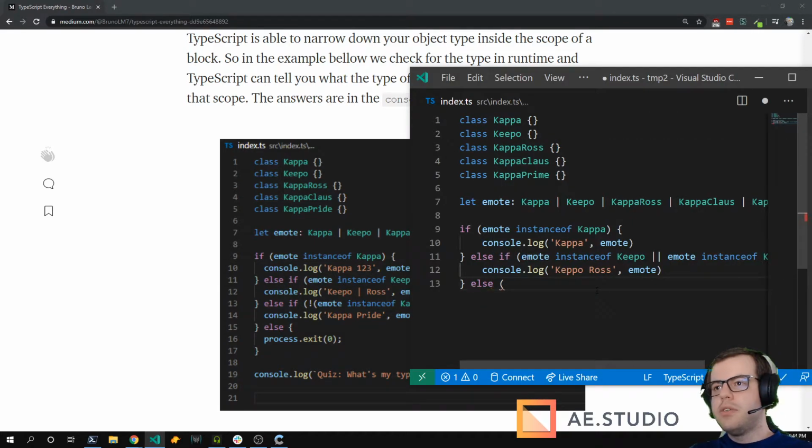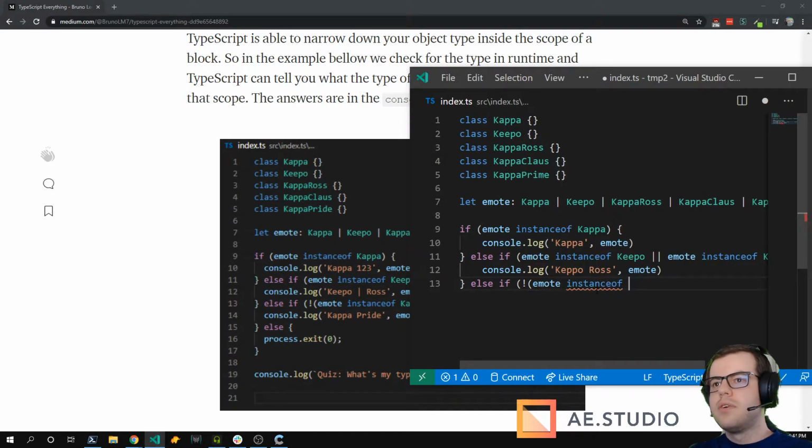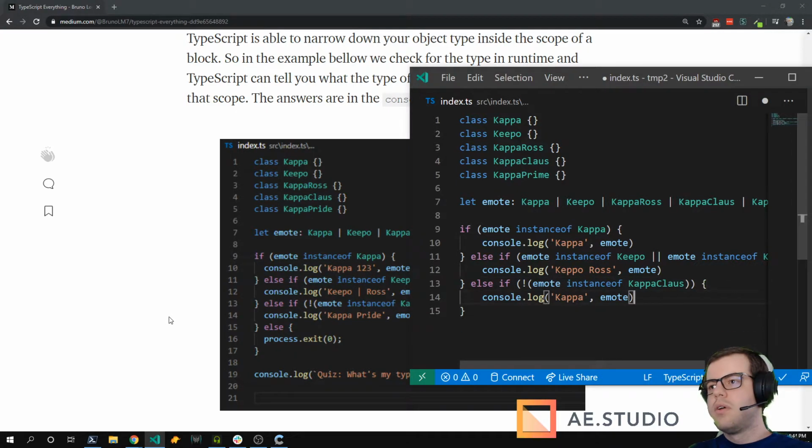And then the last one, else if emote is not an instance of kappa clause, then my emote type is kappa prime.